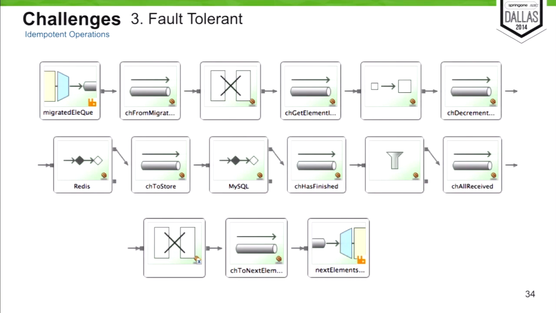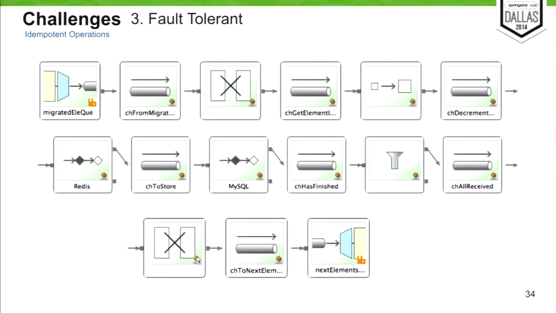The counter in Redis would have been decremented twice. So you can see the problem. That means that the next batch would have started before it should. So that could lead to the loss of the predictable behavior that we had, because we would have inconsistent data and several migrations at the same time, which the orchestrator didn't want to have. Okay, so the solution for this is to split your flows into as many flows as third-party operations you have.